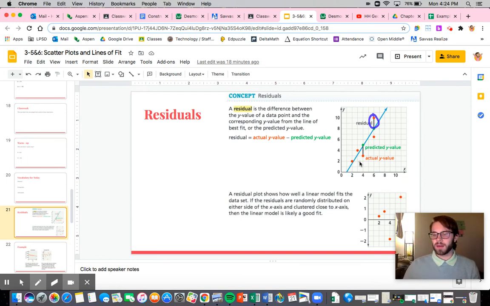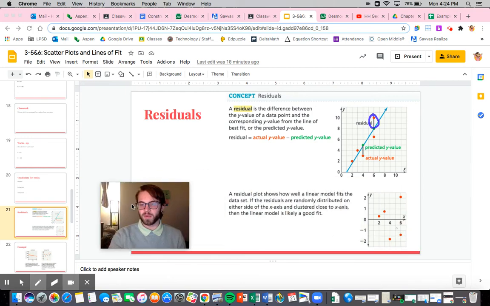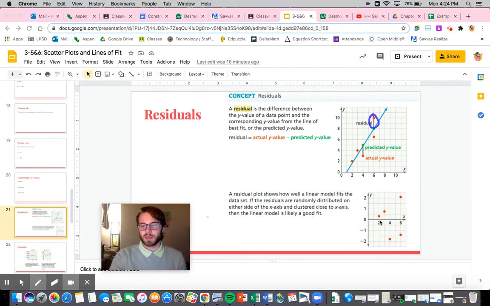If they're randomly distributed like this, all over the place, with a couple above and a couple below, not all clustered, that actually means that the linear model is a pretty good fit. If you see a pretty distinct pattern, where they're kind of gradually changing on one side,